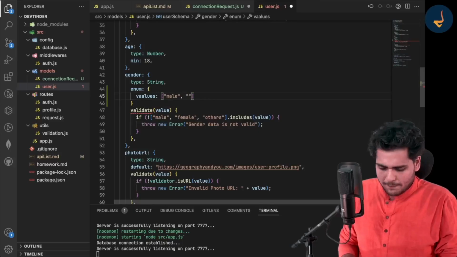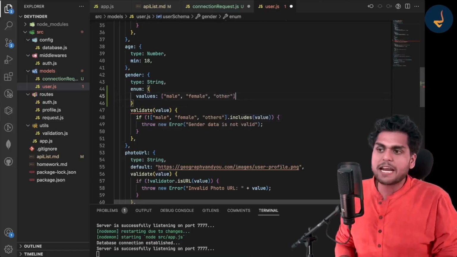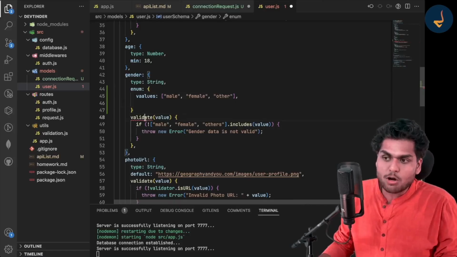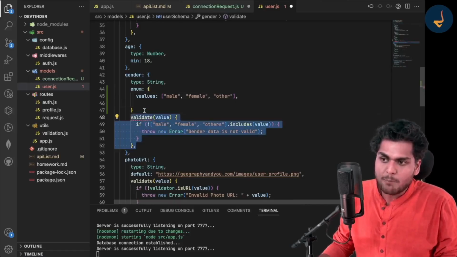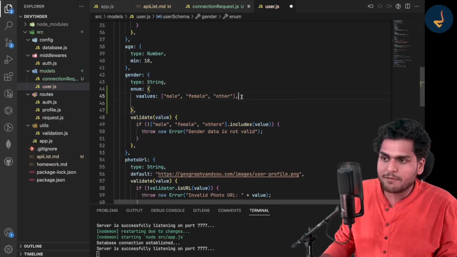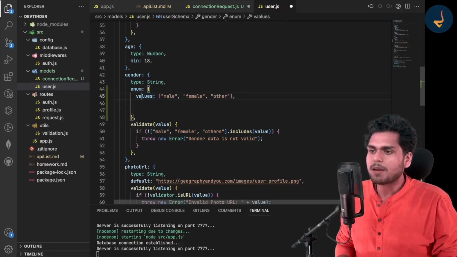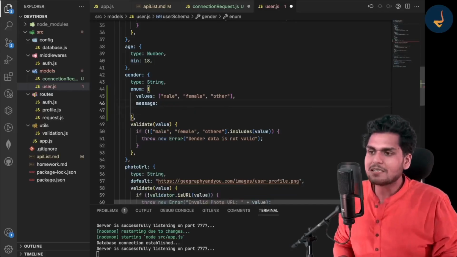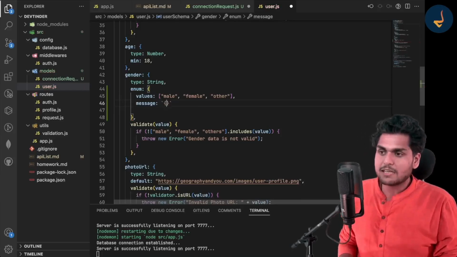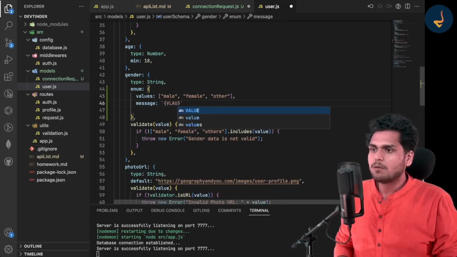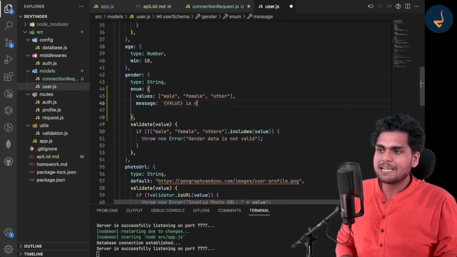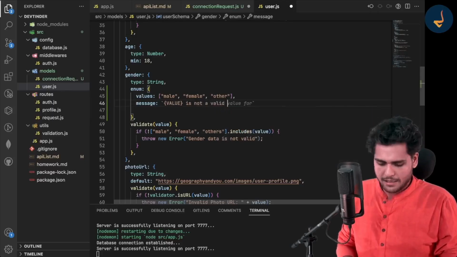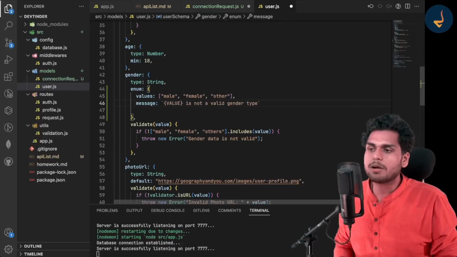Okay. Male, female and others. So you can see, when I was teaching you, I was just showing you how to write custom validation over here, right? But you can also write it like this. This is perfectly valid. You can write values over here, and you can also write a message, and in this message you can pass in things like this, value. VALUE is not a valid gender type. Okay, so if something else is coming here, the schema will throw an error,